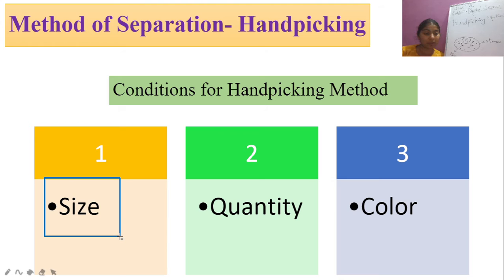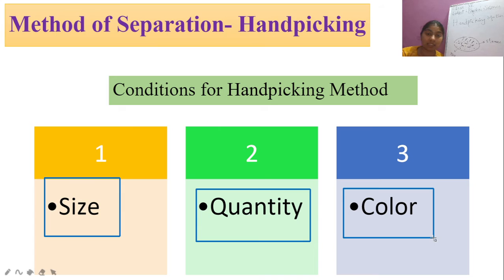Then the quality, what kind of quality you are using, that also matters, as well as the color. Sometimes you can see white rice, right, and black colored stones, so we are easily able to identify that it is not rice, it is a stone. So that way we easily find it out. These are the three conditions for the hand picking method. Okay,